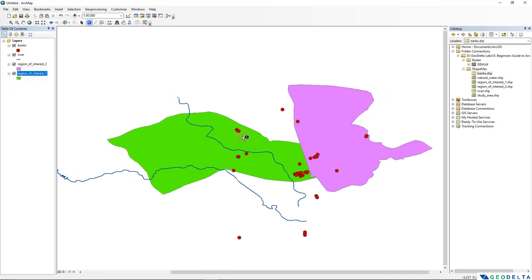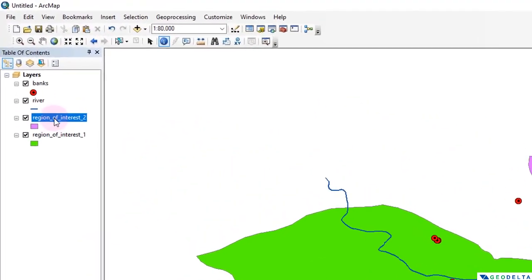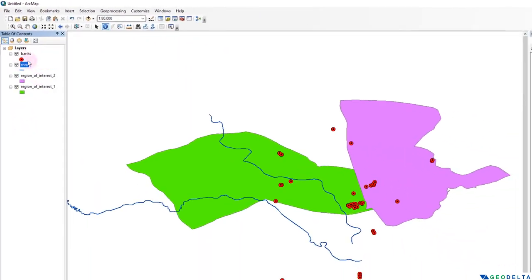Now, especially when you're talking about polygons, you might encounter certain cases where you don't really need to fill up the entire polygon with colors, but you would only like to have the outline of the polygon. For example, over here, we have no idea actually how much is the extent of this region of interest 1, because this particular layer is actually below this region of interest 2. You can see the order of the layers over here, if I were to select this region of interest, left click, and drag it on top of this region of interest 2,